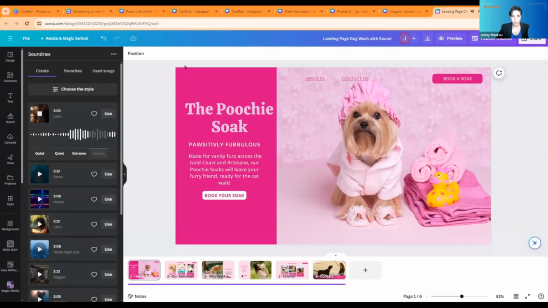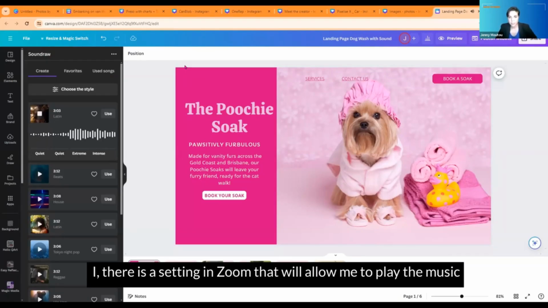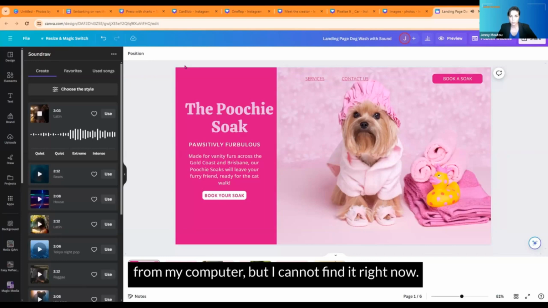One sec. Oh, I'm so sorry, guys. There is a setting in Zoom that will allow me to play the music from my computer, but I cannot